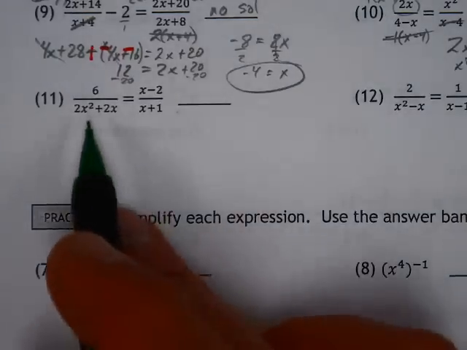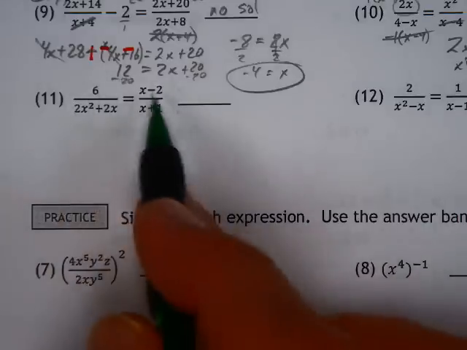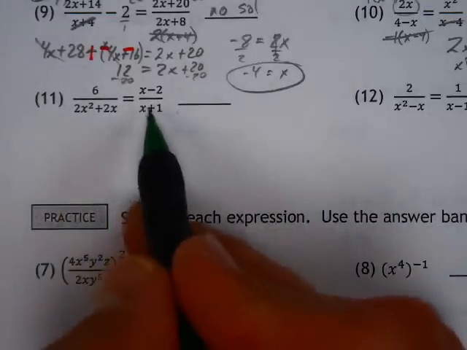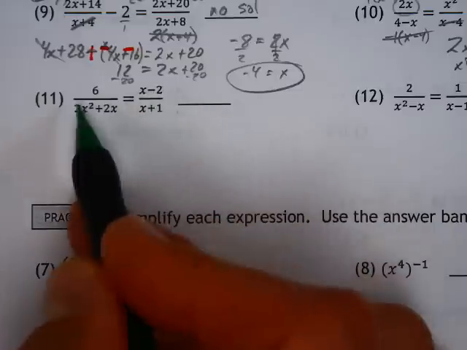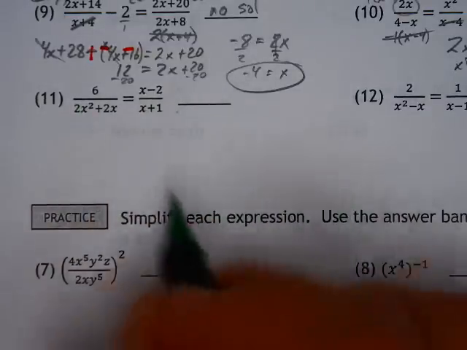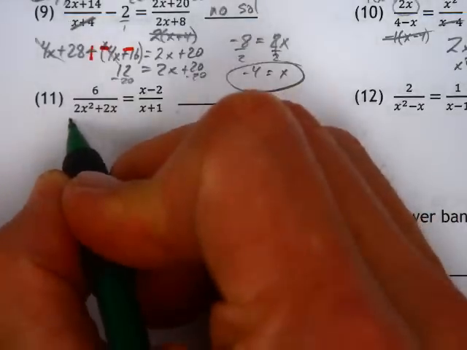So you want to kind of approach these. Cross multiplying is an option the way it's set up, but that wouldn't be too much of an issue. But this times that would get kind of ugly. So this is a prime case where multiplying by the common denominator would be your best bet.